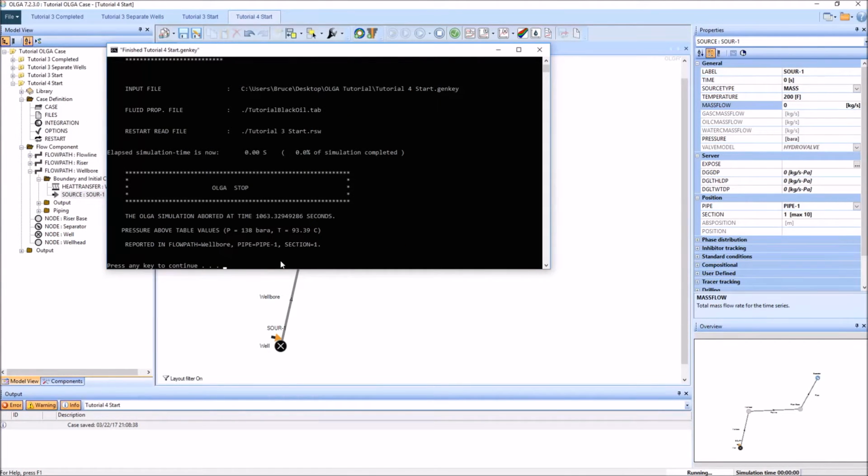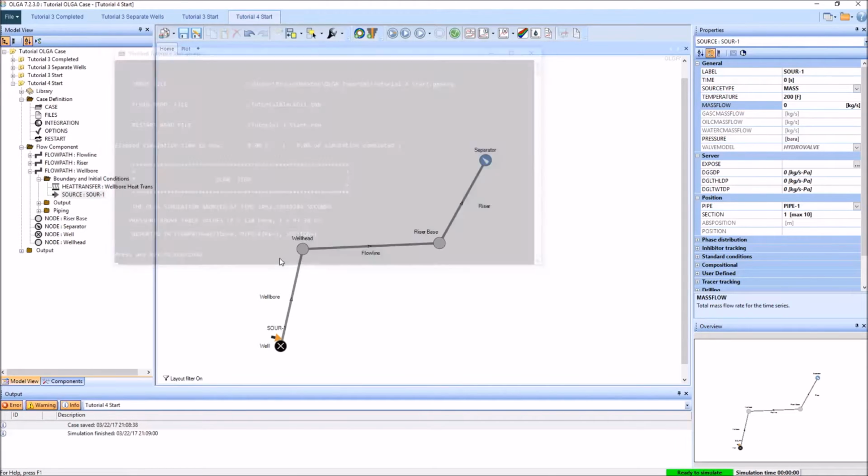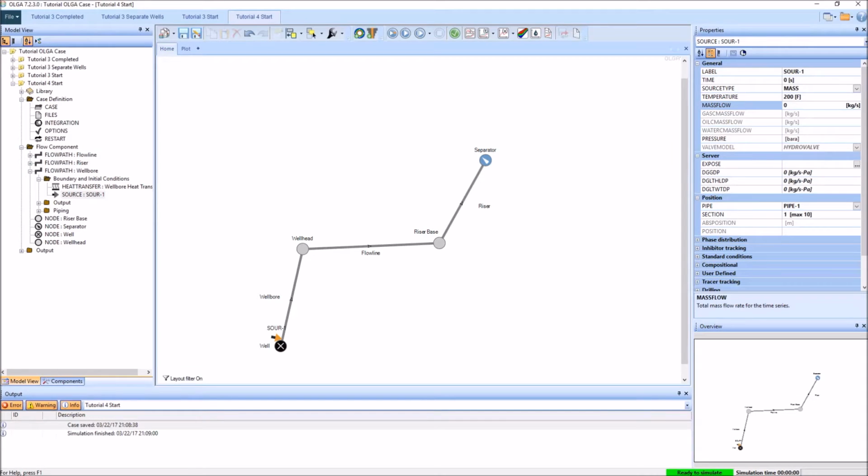And you can see pretty much immediately what happens is that we get some sort of an error happening within OLGA. And again, this is just a simple one telling us that our pressure values aren't quite appropriate, or that OLGA has gone outside the pressure bounds that we wanted to see. So what we have to do in that case is to just open up multi-flash and to expand that table